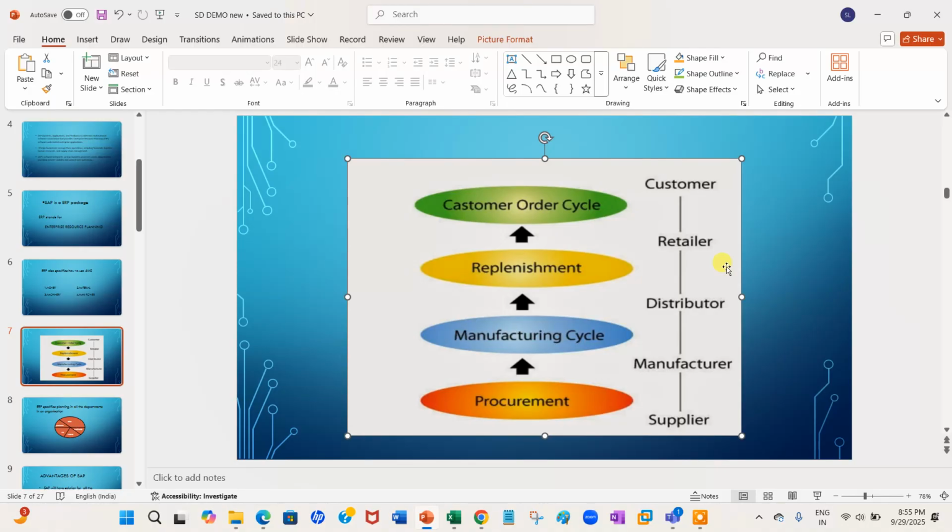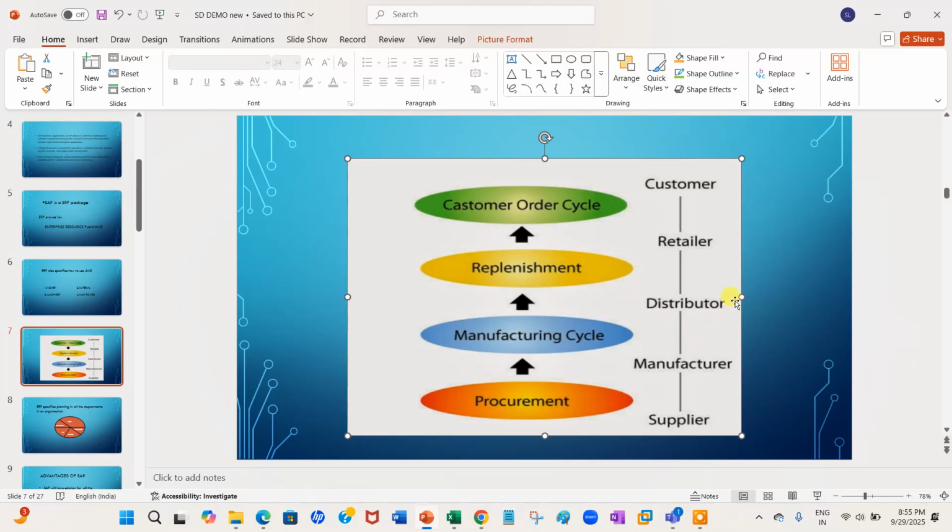At the same time, in the third case, what will happen? The customer asks the retailer for the product, and the retailer, in the sense of a shop or wholesale shop, wants to check with the distributor. Here the distributor is the person who will store bulk.